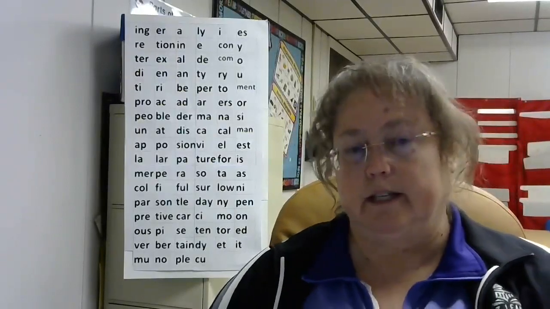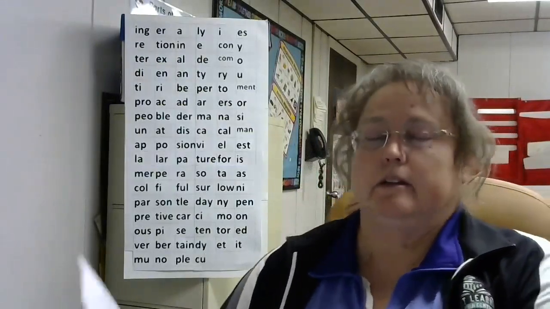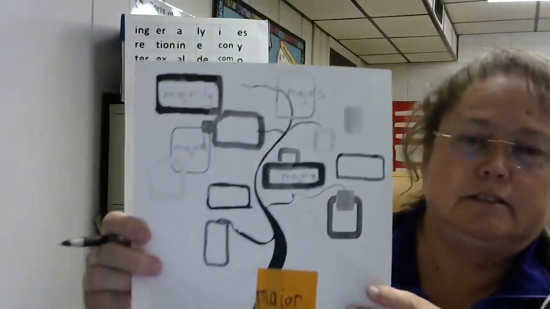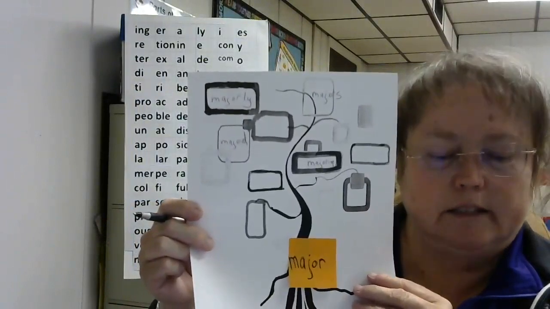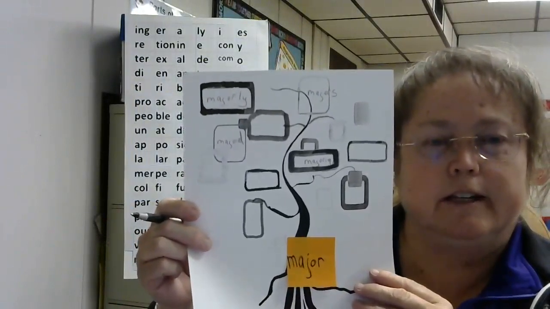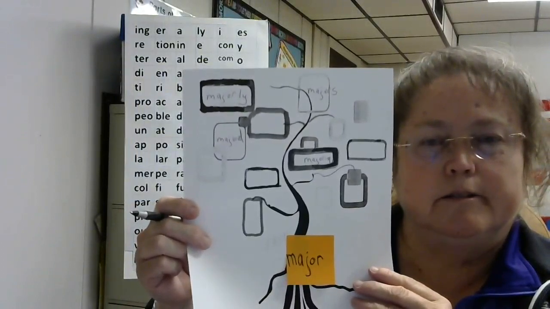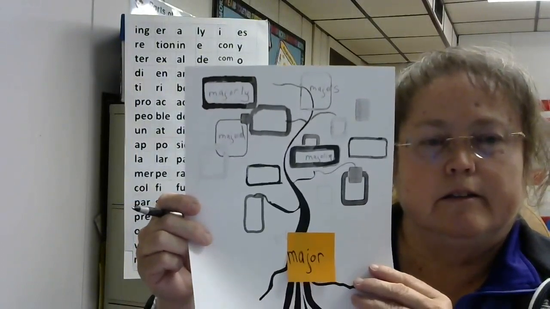All suffixes that can be found on your grid. Just don't know if you can see that, but majorly, like